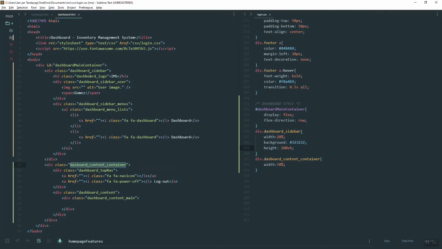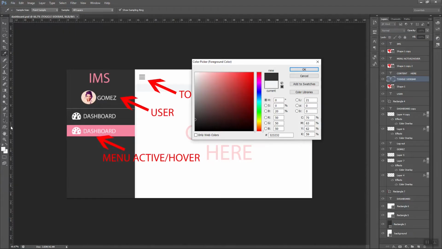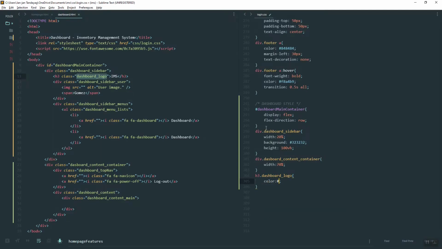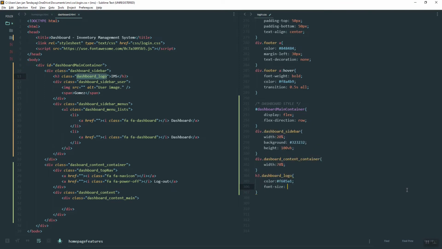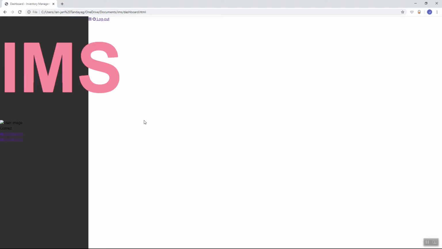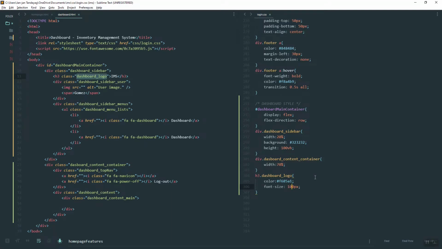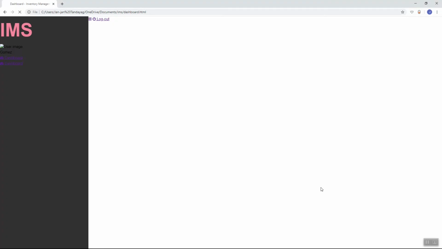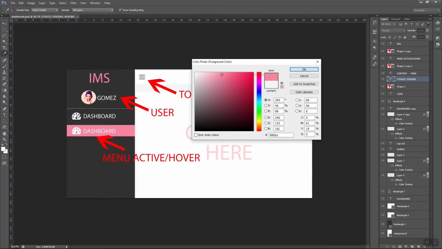Now let's style the icon or the logo. So H3, then the color, change the font size. Okay, let's do 180, and then let's align to the center. So now the image, since we still don't have an image,